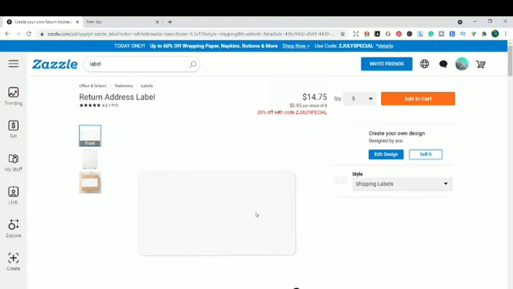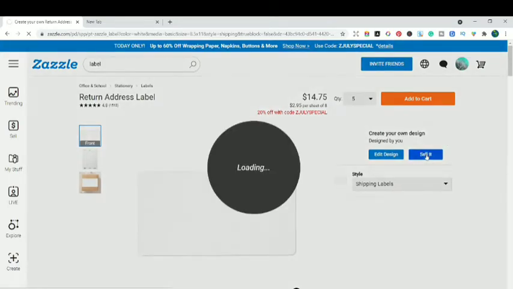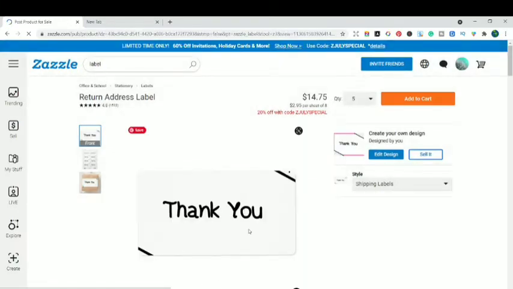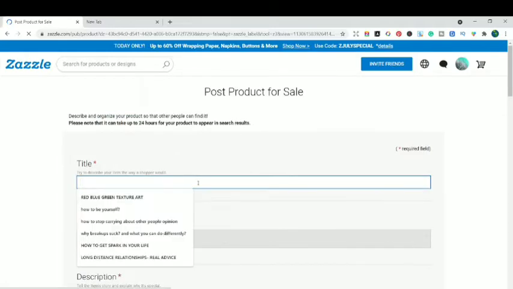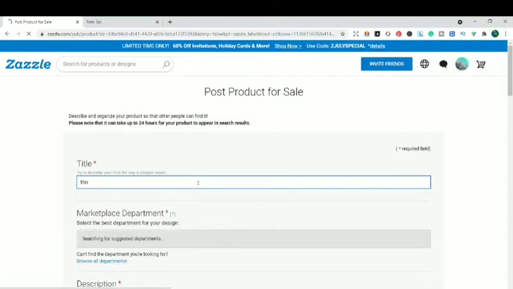Okay guys, now I've just uploaded it, and I'm going to go over to the sell it option and publish this design. And then in the second part, I'm going to show you exactly the same label, and I'm going to create a template around it, and then show you the difference between this design and that template design. Guys, this is the label. It's a thank you label. On the label is written thank you. This is just a tutorial to show you guys. So I'm just going to write thank you.